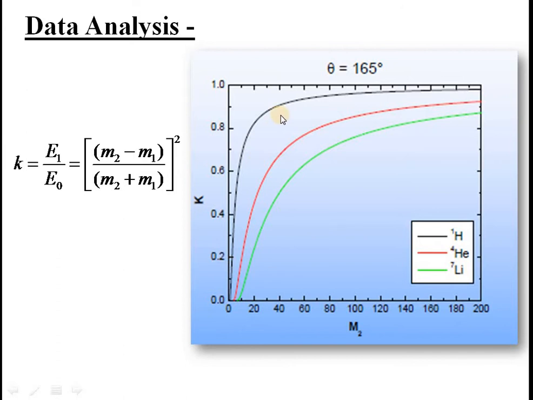This graph is usually provided by manufacturers for the machines they develop. Once you have the calibration graph, suppose you got some k value for a certain target. That k value you can plot here, and you will get the mass of the target atom which is of interest to you. Just measure the kinematic factor from your device and plot it here by projection. By the projection method, the mass of the target can be found.